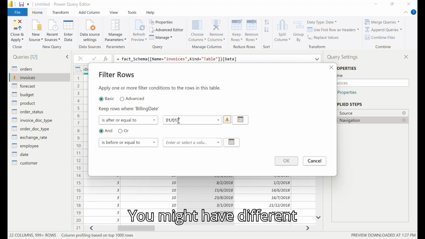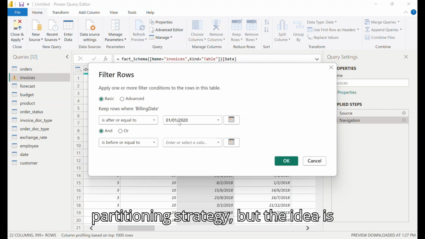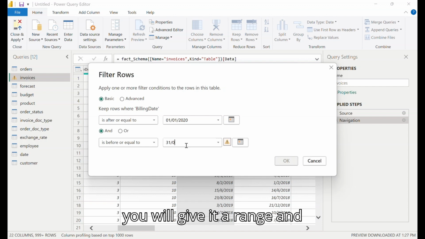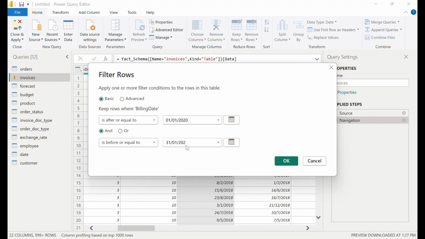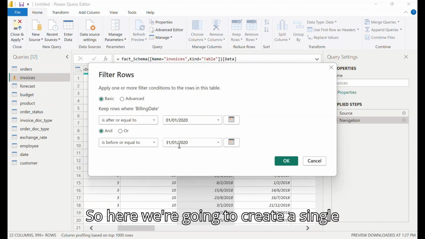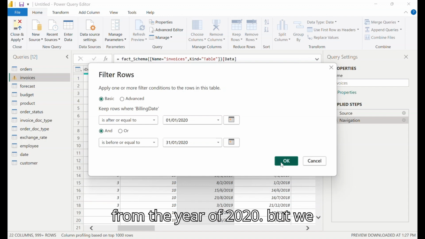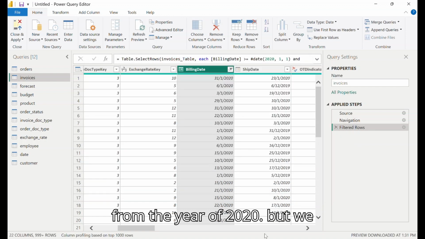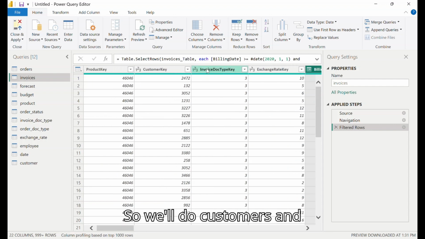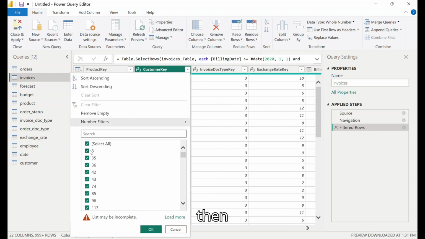You might have a different partitioning strategy, but the idea is you will give it a range, and that's your partition range. So here we're going to create a single partition that's January of the year 2020, but we also want additional dimensions. So we will do customers and then